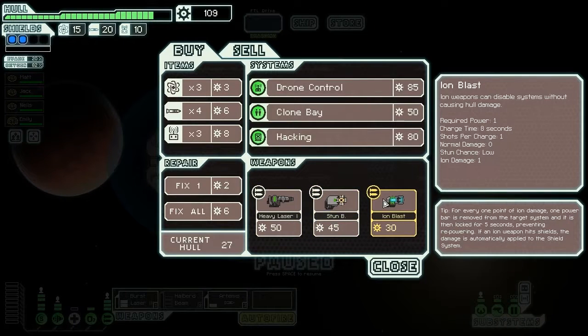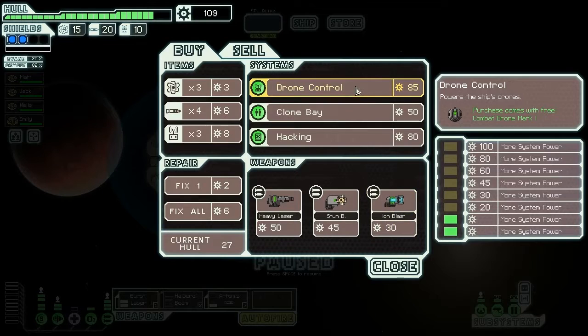Stun bombs do ion damage, and ion blaster. These things are great. The ion blaster is great because they only take 1 power. They're fast cycling. They only do 1 ion damage, but just for continually stunning the enemy's shields, they're very useful. But I think probably the best thing...